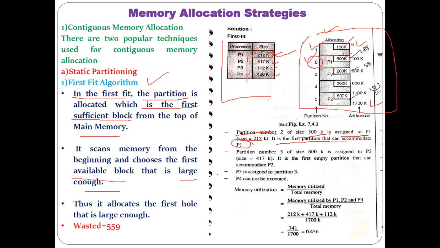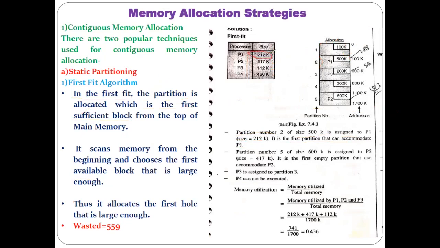And why it is called first fit, you must have understood here. Which partition do we choose? The first partition, but first in the sense not the first partition of this memory. That first partition should be sufficient to hold your process. That first partition should be large enough; that particular partition we refer to as first. Understood? So here our process size is 212K.